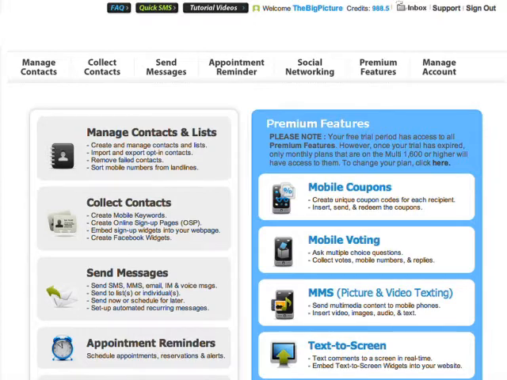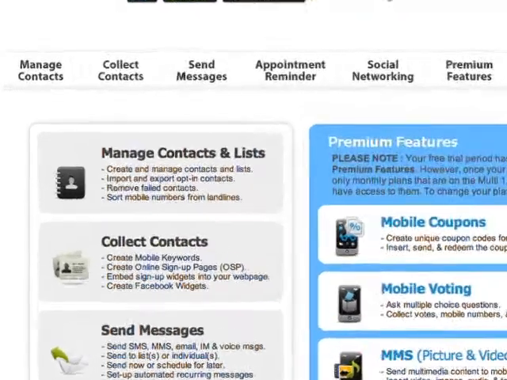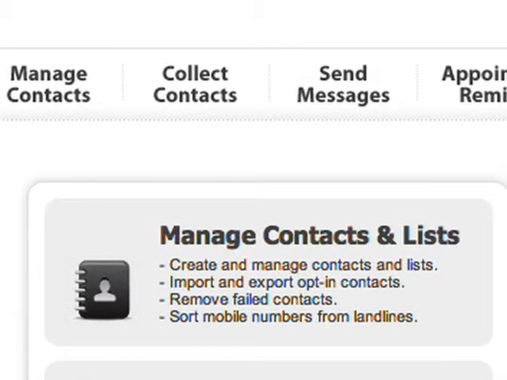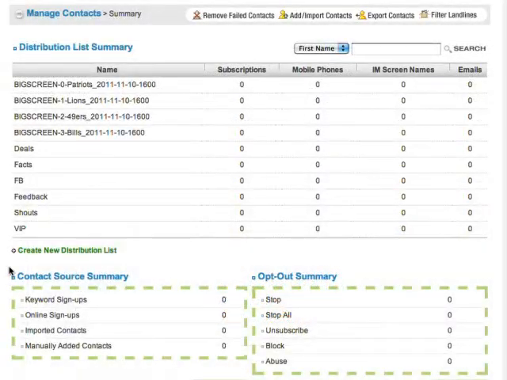So what I'm going to do here, being the educated person I am, is use this platform to build that distribution list, those contacts, and really get my business rolling. So how am I going to go about doing this? The first thing I'm going to have to do is go to my manage contacts and start organizing my distribution lists. What this does is allow you to build different distribution lists for the storing of